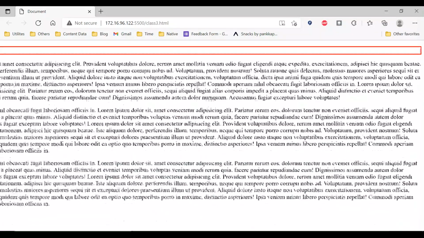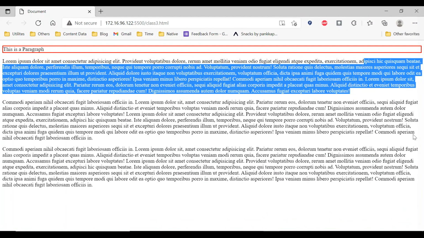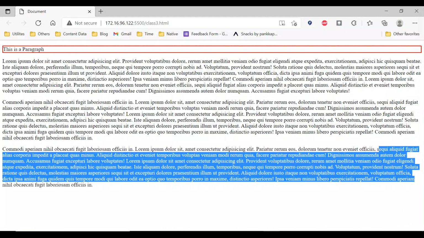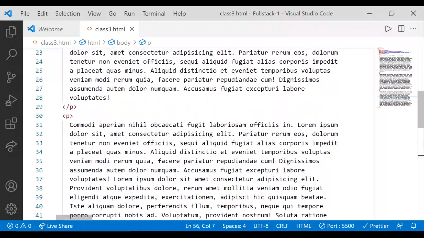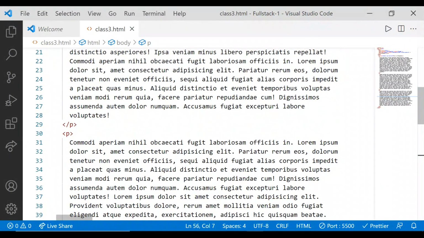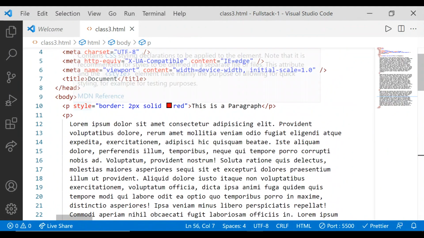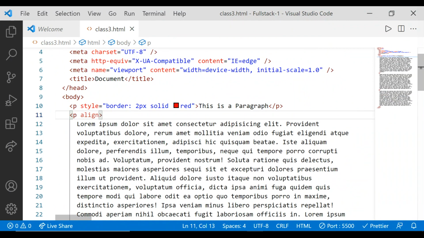Now see, the paragraphs are not properly aligned. So I'm going to use an attribute of the paragraph tag that is called align. The align attribute is basically used to align the text. See, हमारा जो text होता है वो properly arrange नहीं होता, so we can use the property called align. I just write align. Now जब मैं align लिखूंगा, we have, see, this is called an attribute.